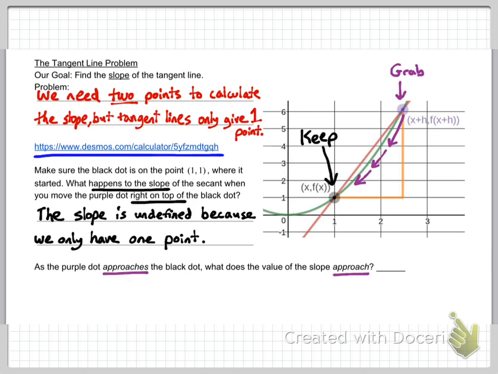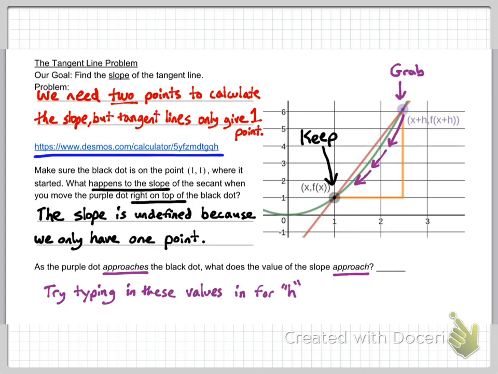So here's my next question. I want you to see, as the purple dot approaches the black dot, what value does the slope approach? And you can approximate this by typing in values for h. You'll notice h is a slider. I think it's right below the slope on the left there. And you can drag that to the left, but to get really, really close